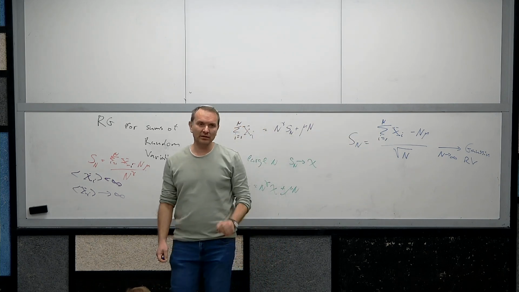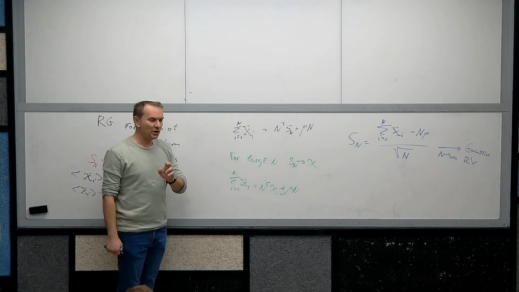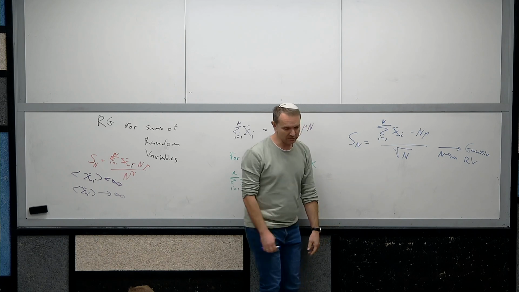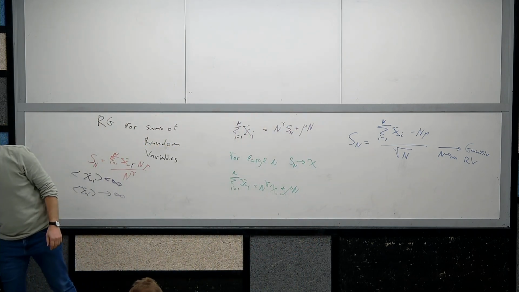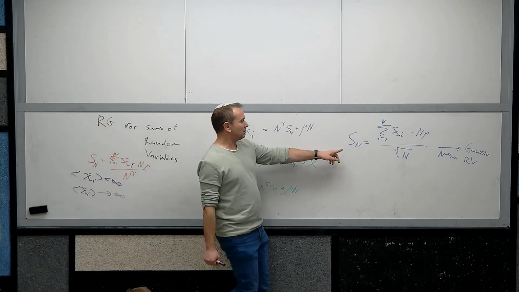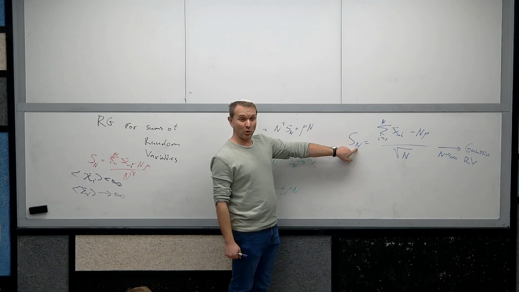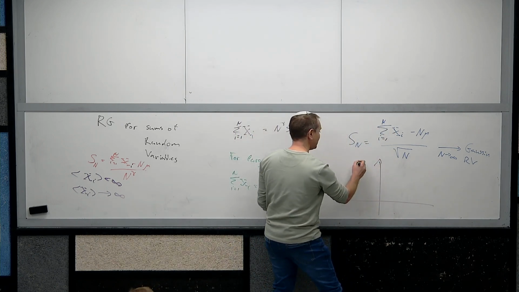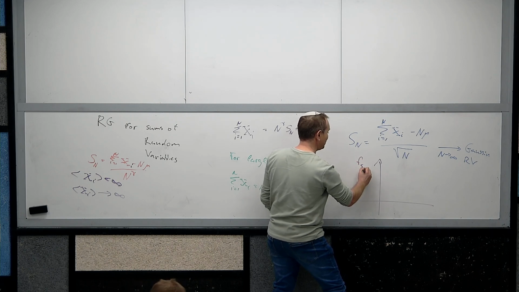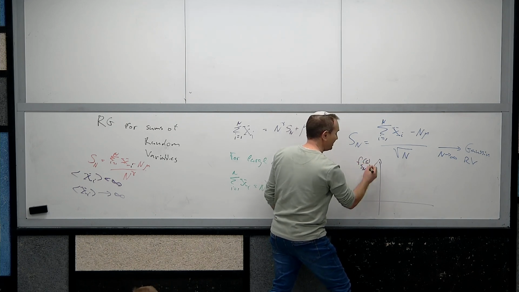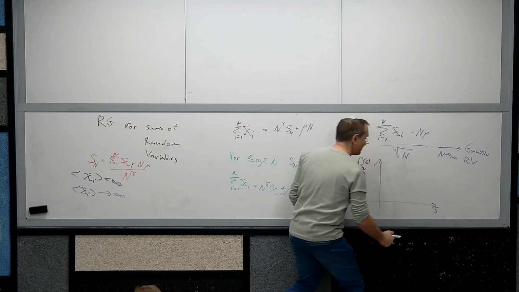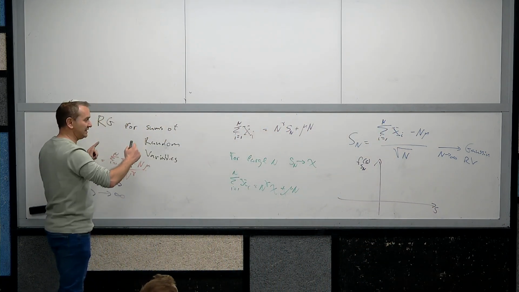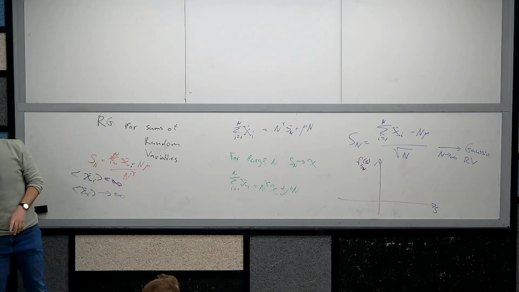But if we do something else, we take this Sn, and we say, well, for fixed n, what is the distribution? What is the distribution of Sn of S? So instead of taking n to be extremely large and using those RG ideas that give us all those scaling laws that we've seen,